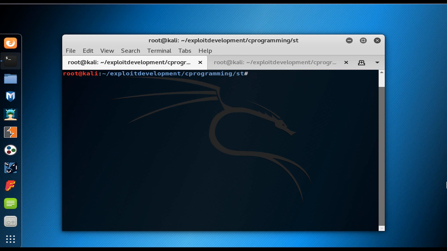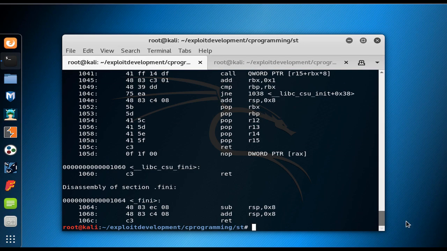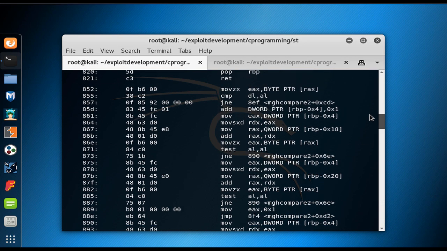In this lecture, I just want to disassemble the text section of both of the executables created in the previous lecture using the static and shared libraries, just to prove what we said in the previous lecture. So here I say objdump -M intel -d and then the name of the executable, which is a string. And if you look at the main section,